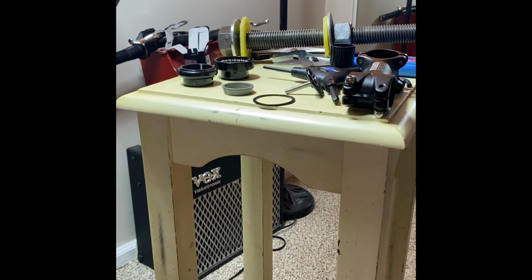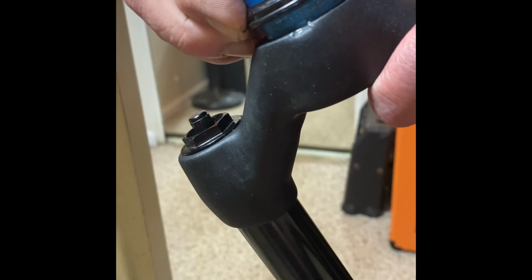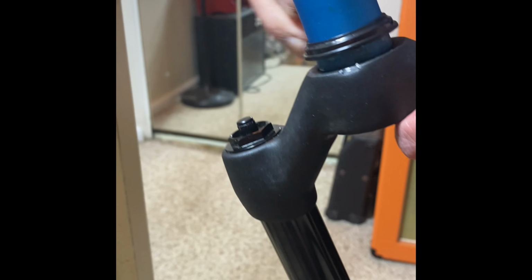Okay, so here's the first little hack. This is the crown race. Okay, so it comes with a little seal. So we're going to take this crown race, and it has to get slid over here. You can see you can't just push it on by hand. So typically what I like to do, and this is one of the hacks, is